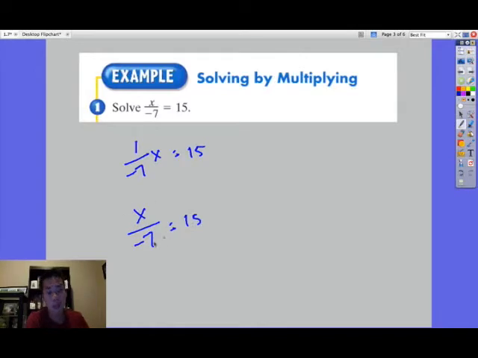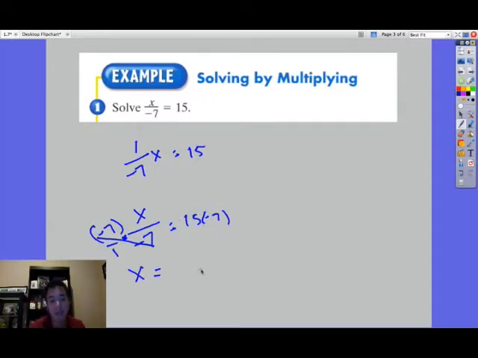We know that what's happening to x right here is being divided, so the inverse operation of dividing by negative 7 is going to be multiplying both sides by negative 7. So I'm going to go ahead and multiply both sides by negative 7. It's really not multiplying by negative 7, it's really multiplying by negative 7 over 1. Because if you quickly look, this cancels out and what's left is x is equal to, well, negative 7 times